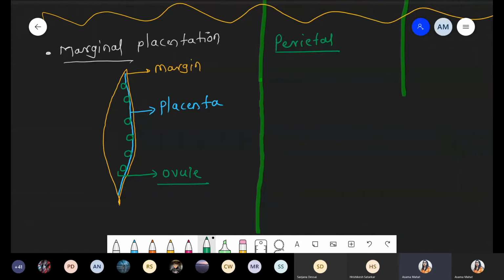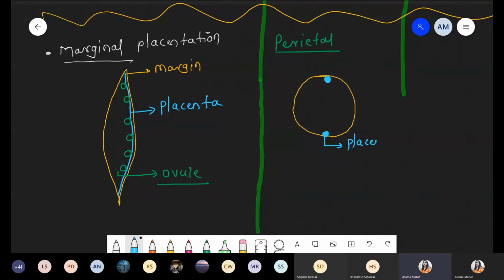Now what happens, if you see that a mustard seed looks like a single seed, but when you crush it, try it, okay, it is separated into two sections, because inside that mustard, parietal placentation is present. Now what kind of arrangement is present in that mustard seed? Suppose these are the single mustard seeds. We just discussed there is a presence of placenta, and that placenta may be unilocular up to bilocular. So now on that surface we just draw the parts of placenta. Just check, we are talking about two placenta.